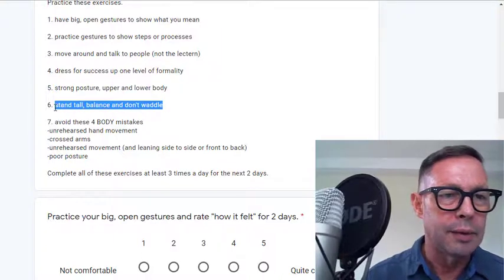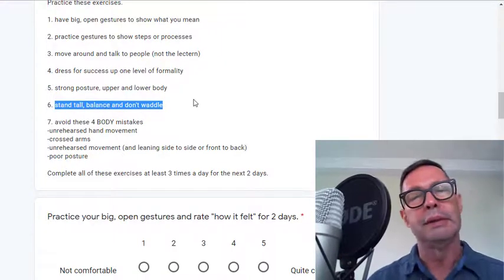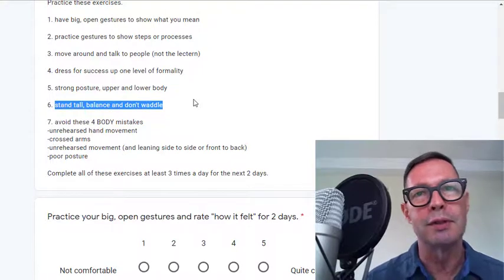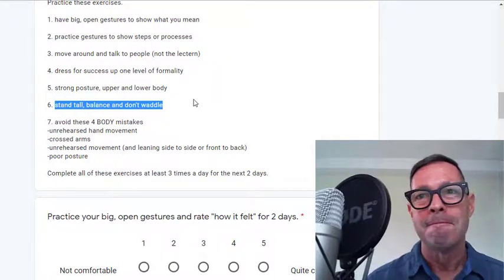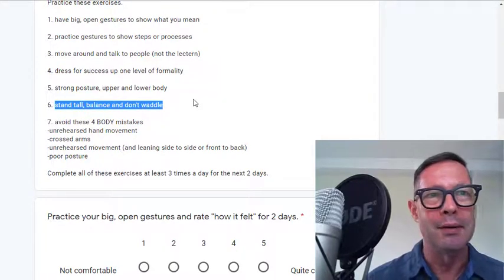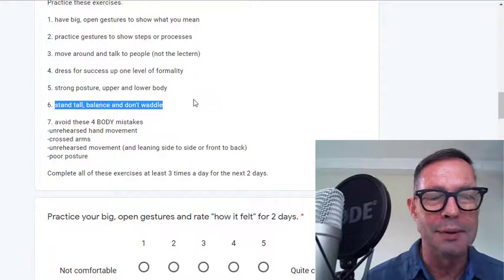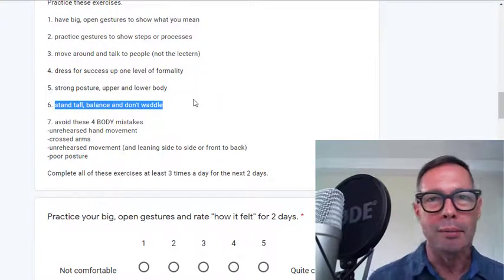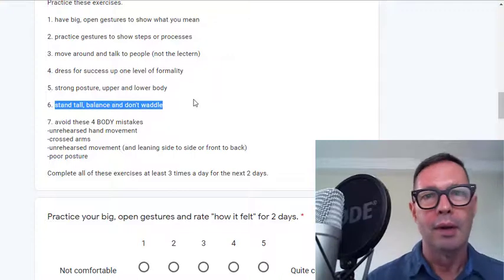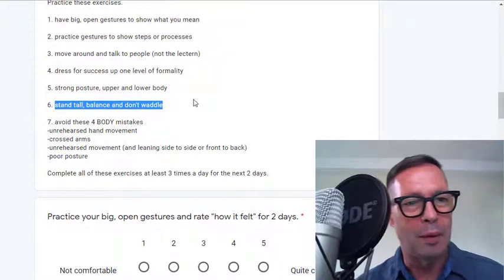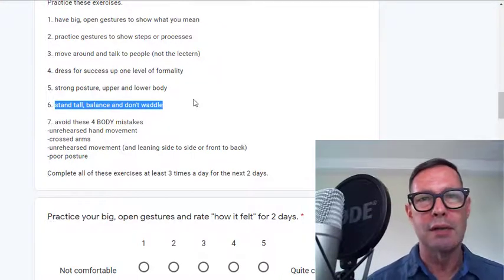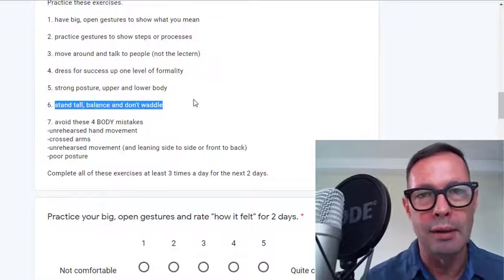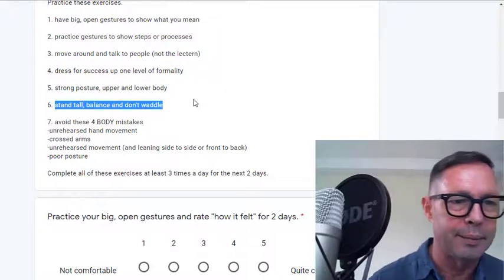And one last thing, and this one was difficult for me, for the first 20 years of my public speaking practice and training and all those workshops that I used to go to when I was a beginner. I would lean back and forth, okay? And I would do what we call waddling. So you want to stand still, stand tall, and not go back and forth.